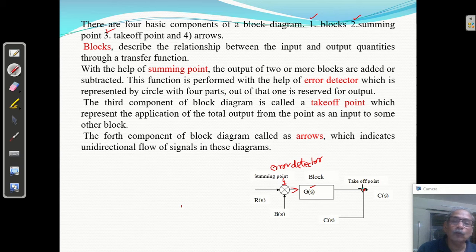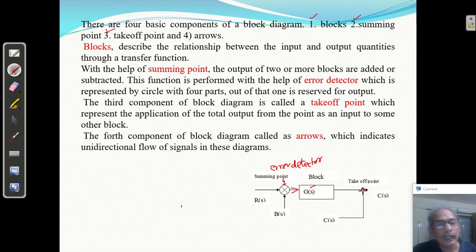So you want to protect your induction motor from what? From overcurrent. Clear? How will you sense the overcurrent? From the current transformer. So CT, current transformer, we can use to take your feedback whether current is more or less. So whenever you are taking the feedback, that is called the takeoff point. We are taking feedback through CT, so that is the takeoff point.